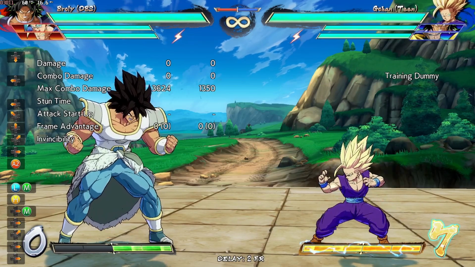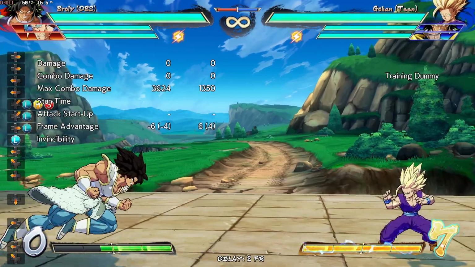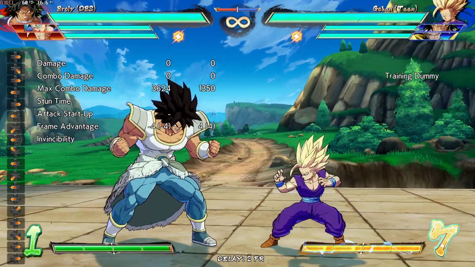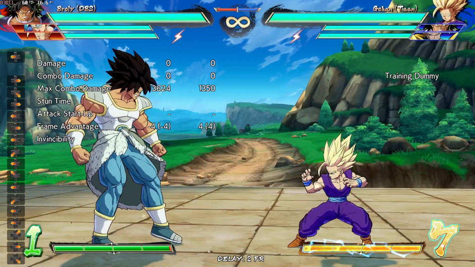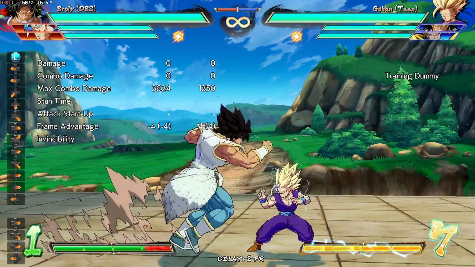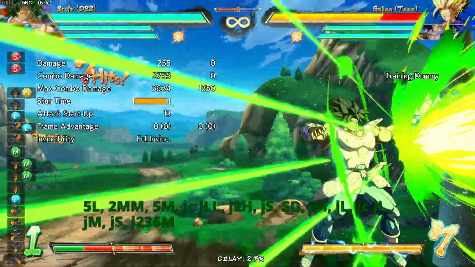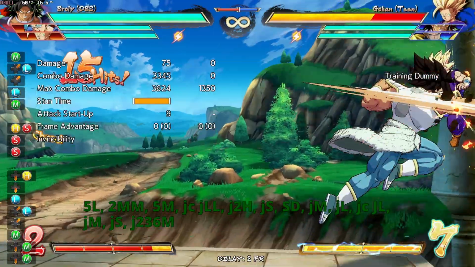Okay, the fun part, combos. So what combos should you be doing as SBroly? Now, my opinion, his BMBs work. You guys probably all know them. Just doing 5L, 2M, 2M. This is pretty much a pretty good BMB. It's stuff like that. Or you could do...